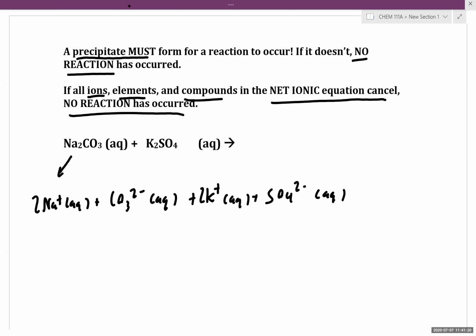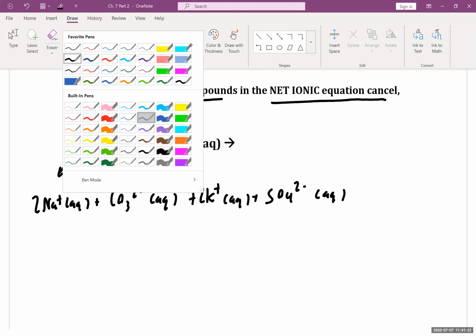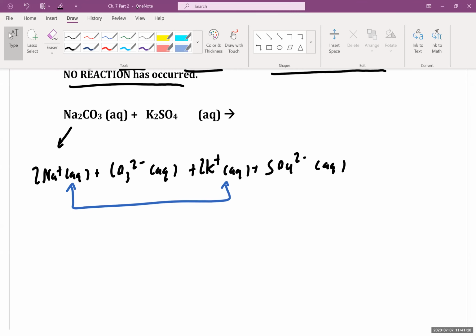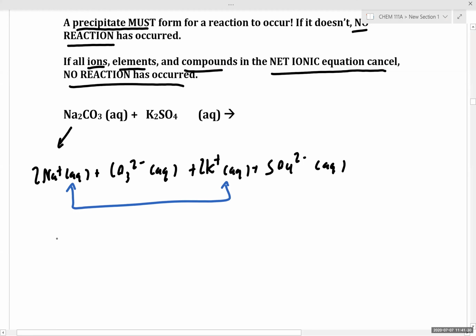So testing out and trying to pair our cation and anion, or swapping our cations, we get the following possible formulas. So we have sodium plus aqueous, and whoops, let's not put the state symbol when we're trying to write a formula. So we have sodium plus and SO4 2 minus. We cross our charges, that gives us Na2